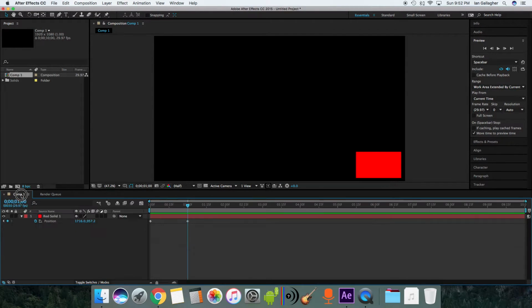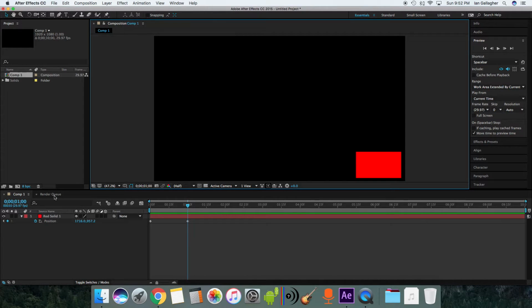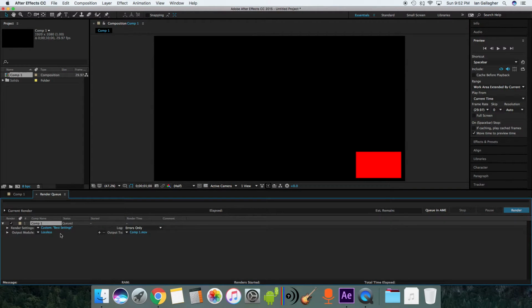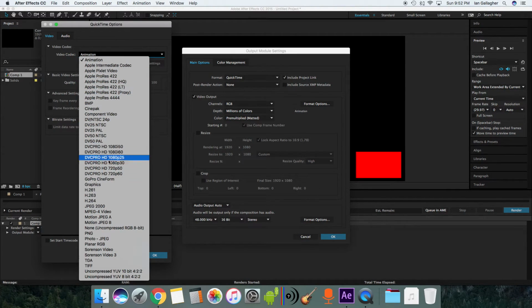Quick example of that, if I go back to my first comp, all this black right here is actually transparency. If I click this button here, that toggles my transparency. So if I render this movie with an alpha, I'm going to be able to put this moving box over another piece of video. If I render it without an alpha, it's just going to render like that. For me, I don't need this over anything, so I'm just going to click Lossless, make it a QuickTime, and I'm going to change my format to H.264